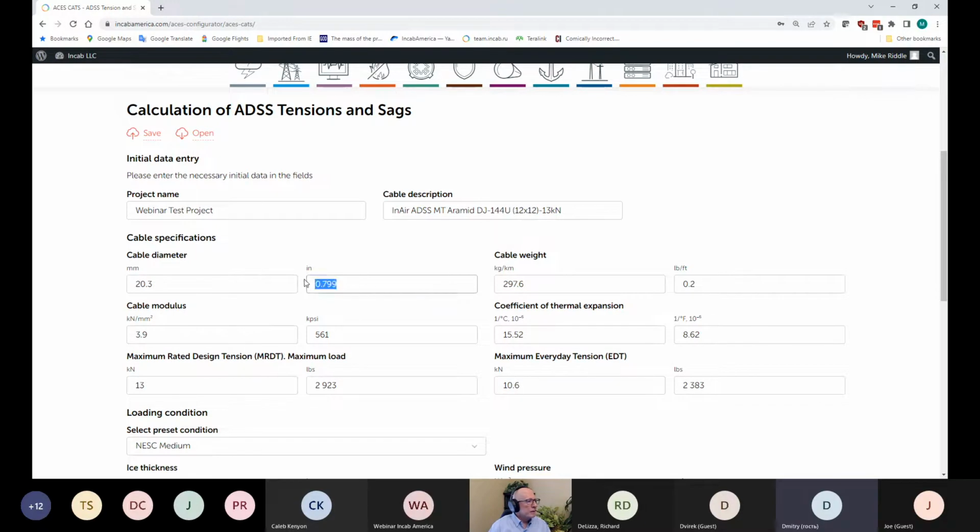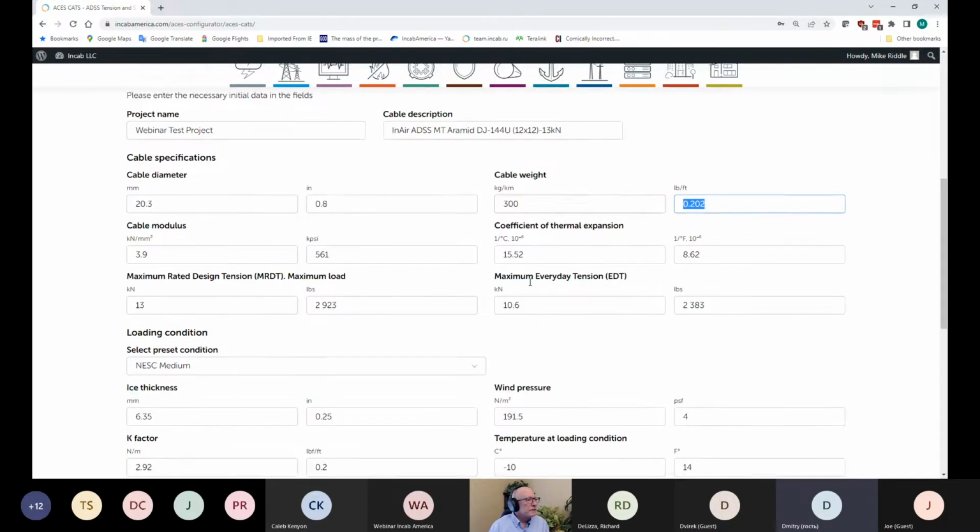And, just to show you, I could change the cable data here and just round it off and say 0.5 is close enough. And if I can mix and match units, you'll notice when I did the cable diameter, it calculated the metric, but I can do the opposite, mix and match. So I can put the weight here in metric units,